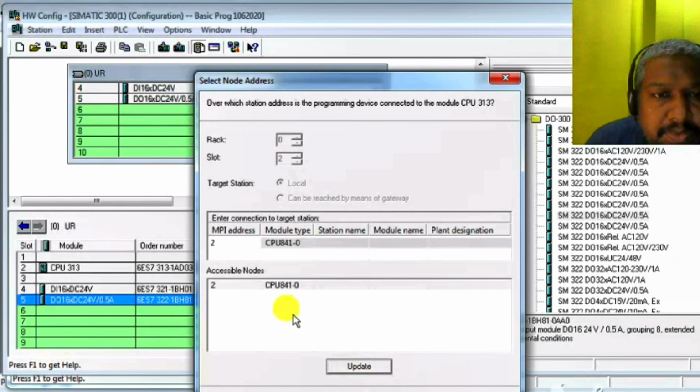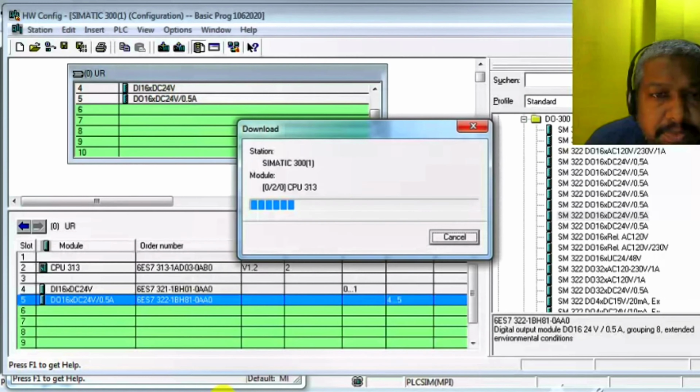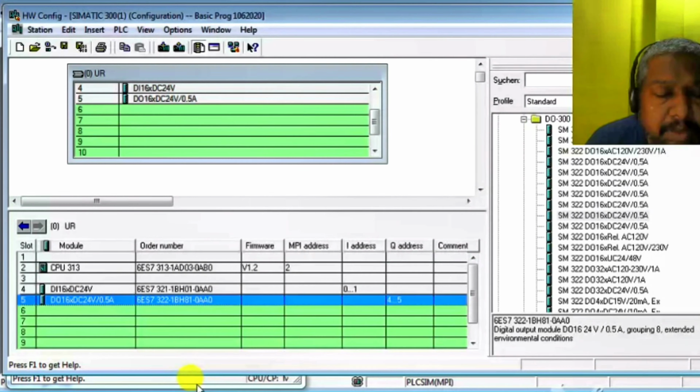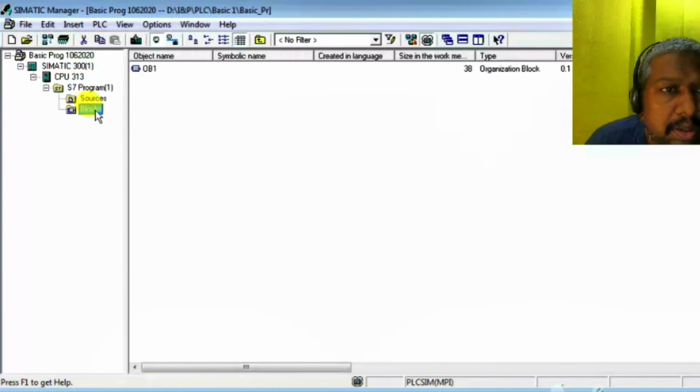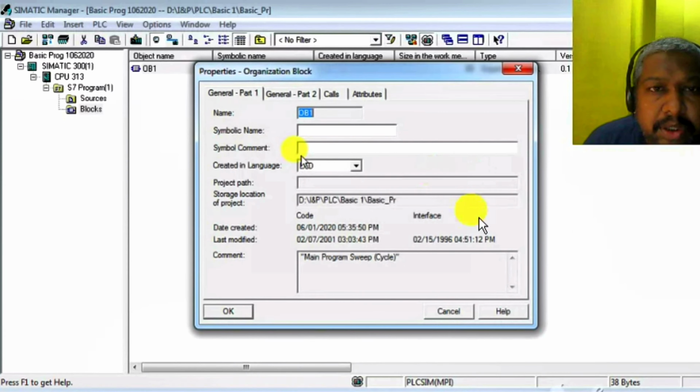Download completed. The buffer shows that download is completed. Now go to the main window, expand SIMATIC station 300, expand CPU 313, expand blocks. This is OB1. This is the organization block.